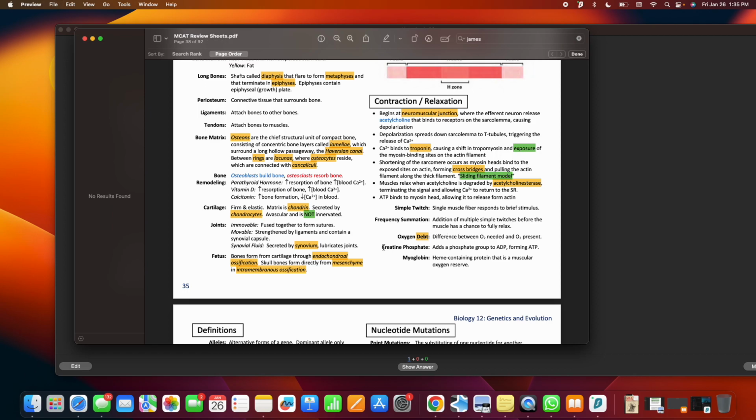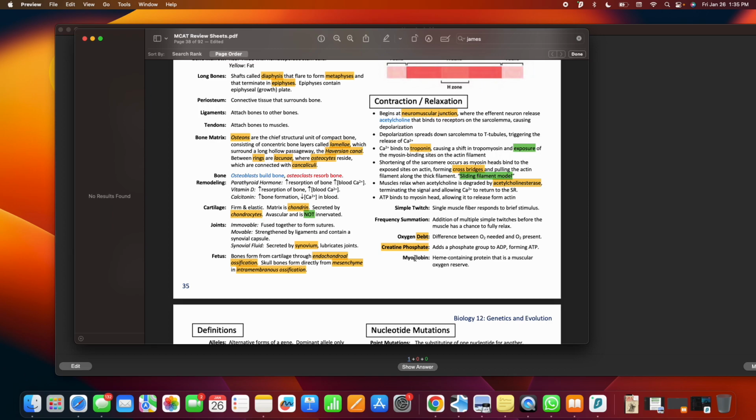And then we have creatine phosphate, which adds a phosphate group to ADP, forming ATP. This is important, actually. Is this an enzyme? It should be like a creatine phosphatase, something like kinase. I think we have creatine kinase. So that's what creatine kinase does, right? Adding phosphate to ADP to form ATP, and via myoglobin,